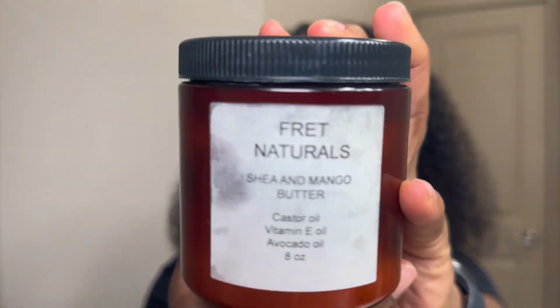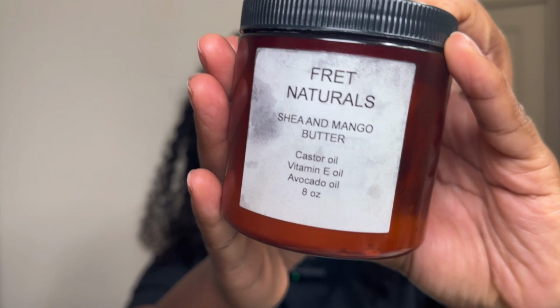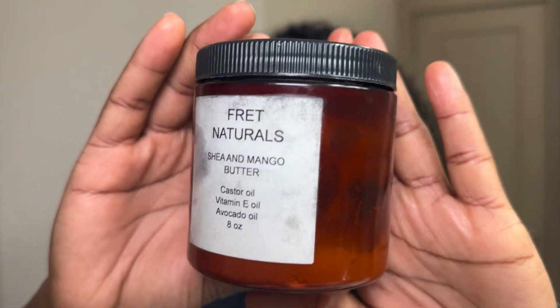Here's some shea butter that I got from this girl that I followed on Instagram a long time ago. I've been using her stuff for a while, and this is probably the third time that I've noticed that it helped with something, because before I damaged my edge somehow, or some part of my scalp was cut, and I would put this on there and it's literally like Neosporin, like hair Neosporin. This I feel like repaired my scalp. I would put a little bit on my edges every day,